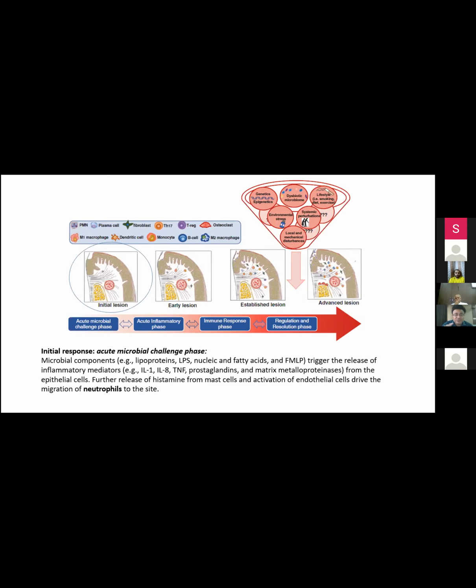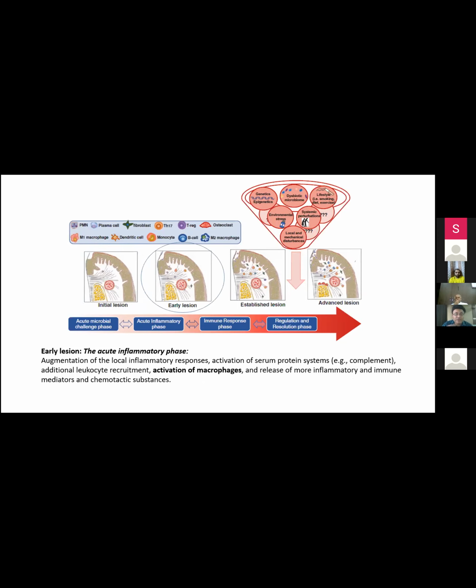So this is the first stage. Then we start responding with our acute inflammatory response, and this leads us to early lesion. So this stage is characterized by macrophages. They could be tissue fixed macrophages, or your tissue may think that it requires more cells, so it may give a call to the vascular space and they may send in some monocytes, which again become macrophages. So this is our second stage.